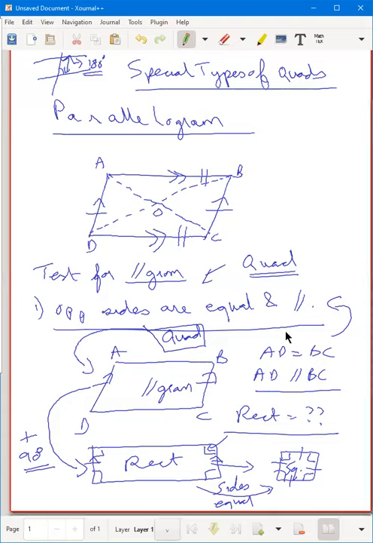Is this clear? Everyone, please copy these down. In tomorrow's class, we will be doing a few theorems and how to prove them, and understand these in a little more detail before going on to the other shapes. This is a very important chapter because it stays with you throughout, through 9th, 10th, 11th, 12th. If you're going to give a competitive exam, these are the basics and the basis for solving any kind of geometry or mensuration problems. These properties have to be learned by heart. Please pay attention in this chapter. Mug up the properties and the rules for proving the quadrilaterals.